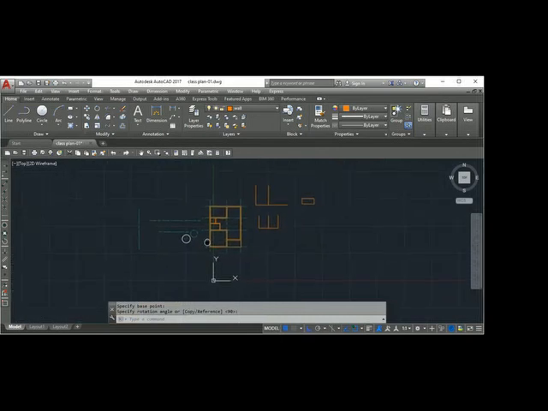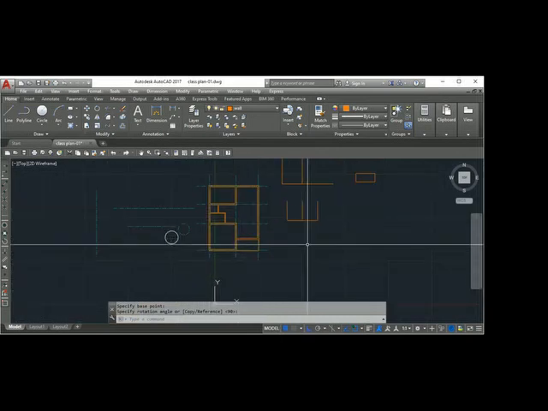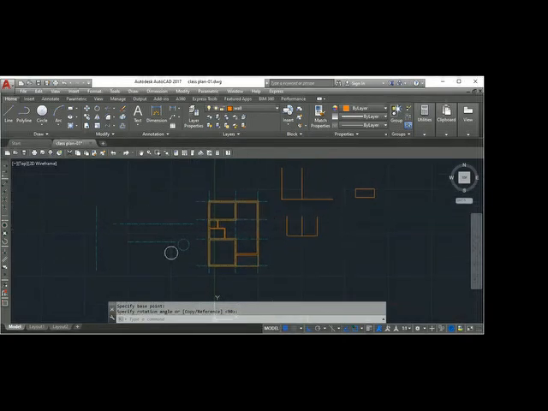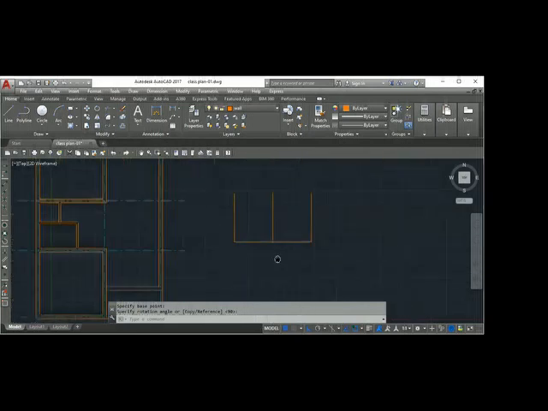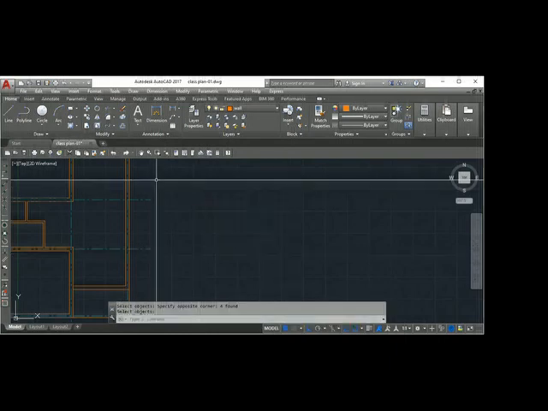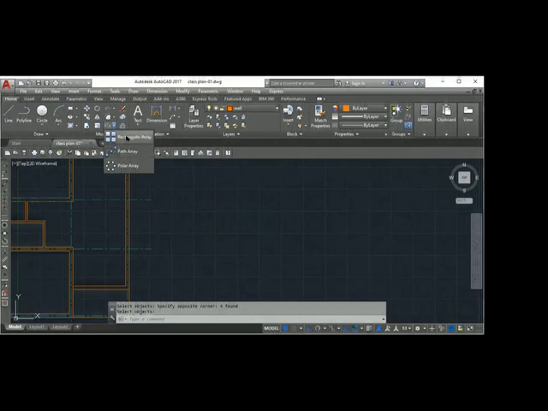Okay. So last time we created the different layers. We created the line types, and we have drawn the plan walls. Before we go, let us learn one or two commands today. Here, there is a command called rectangular array.